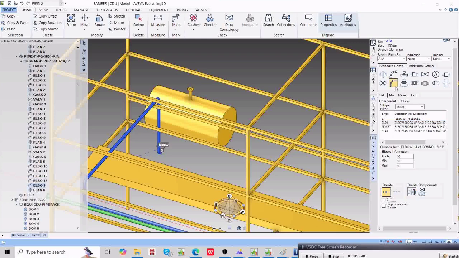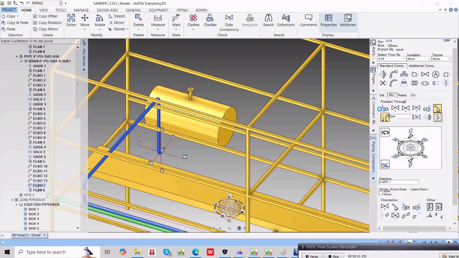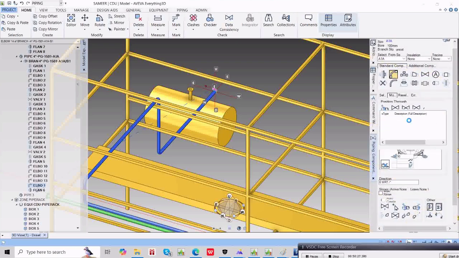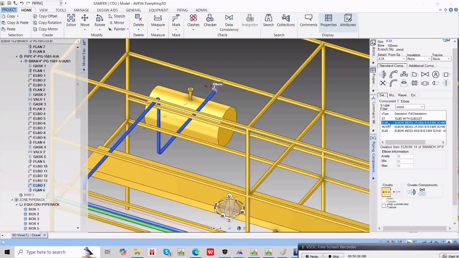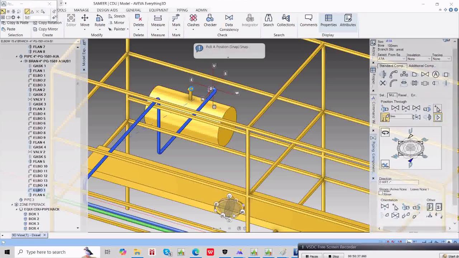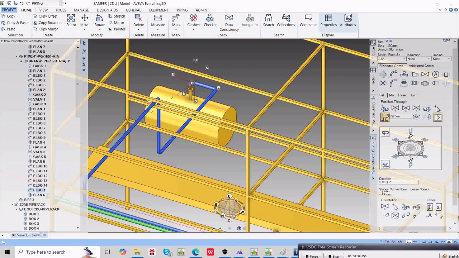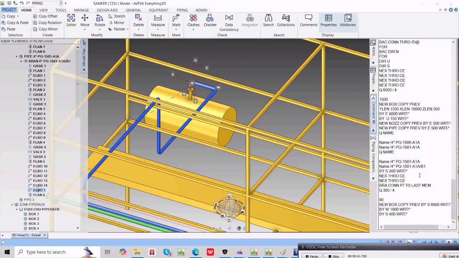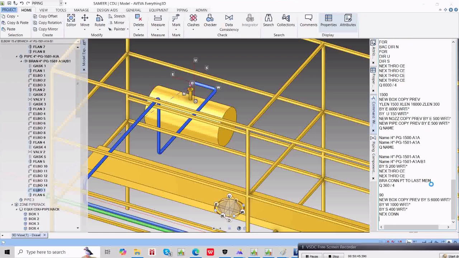Then this has to go towards the nozzle, and then one more elbow, 90-degree elbow, connect. Then this has to go direction down through ID cursor and click on the nozzle. So it will come exactly at the top, and I already have a flange at the last, so I just say next connect. So my flange comes here,